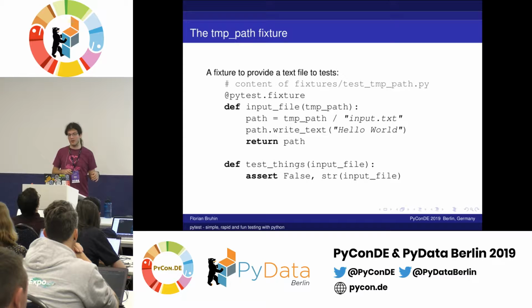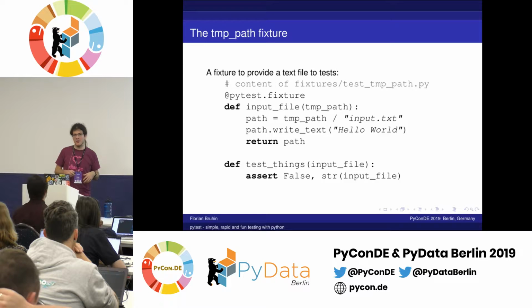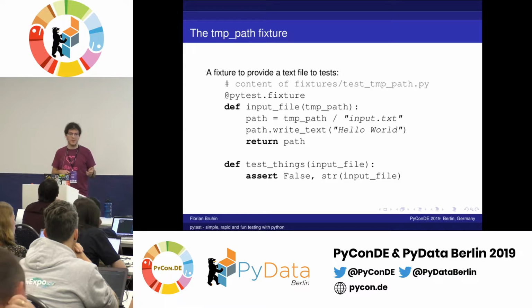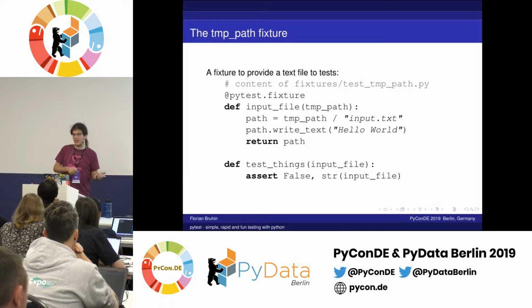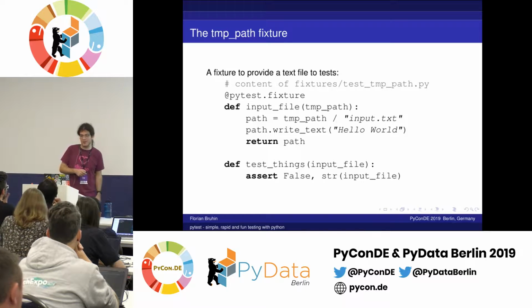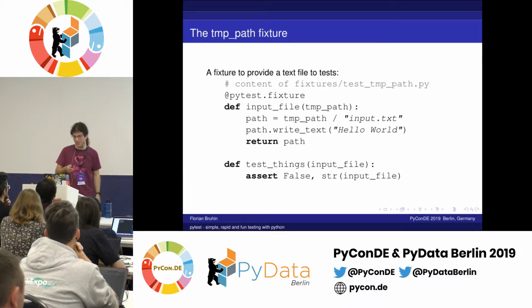So if you run your test suite like 5 times, it keeps, I think, the last 5 temporary directories it did for those tests. So if something fails with file inputs, or maybe with some temporary file or whatever, it's just there and you can inspect it and run things manually and see what's happening, which I find quite useful.